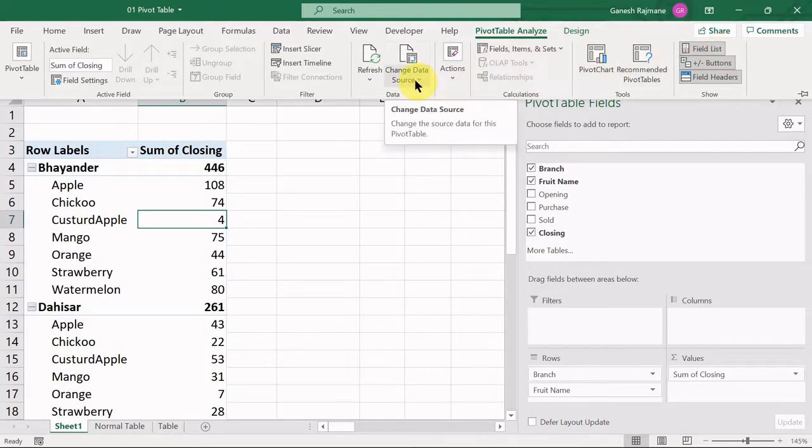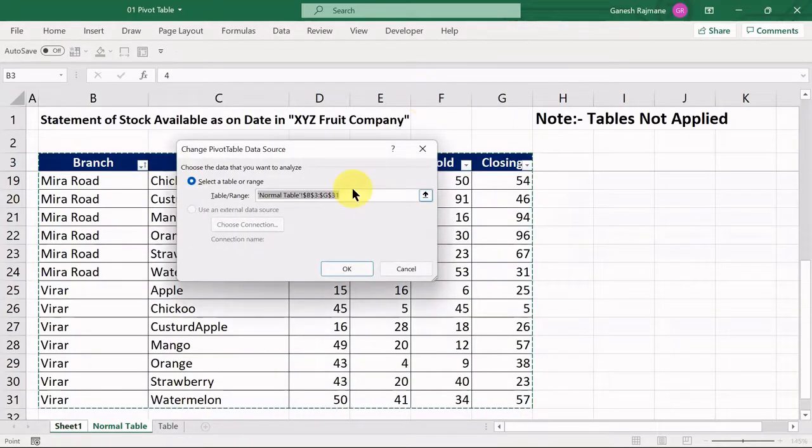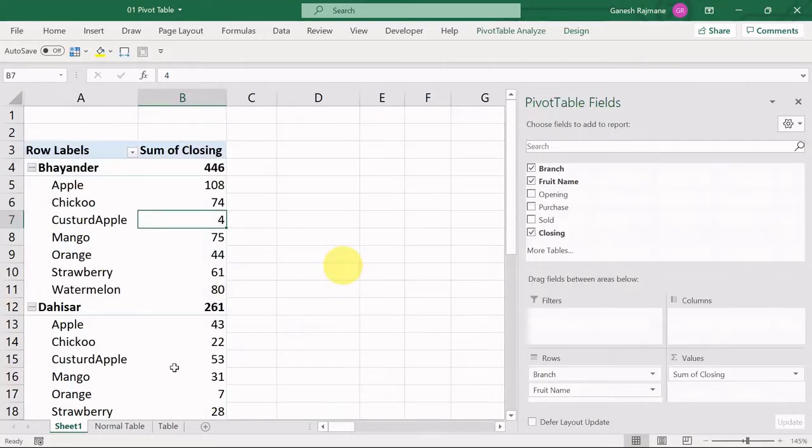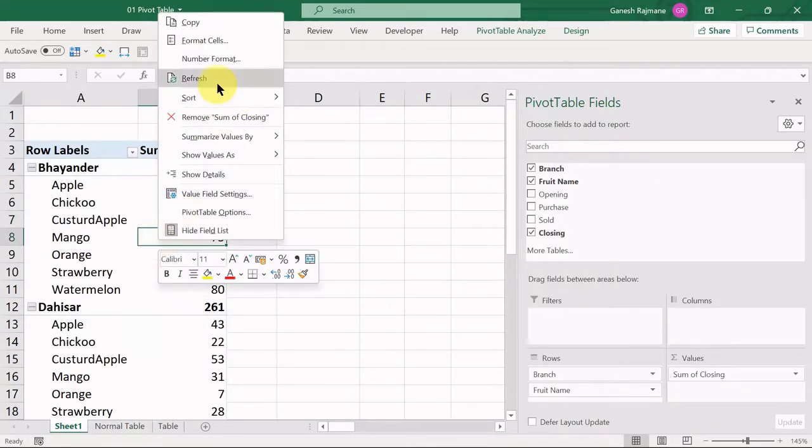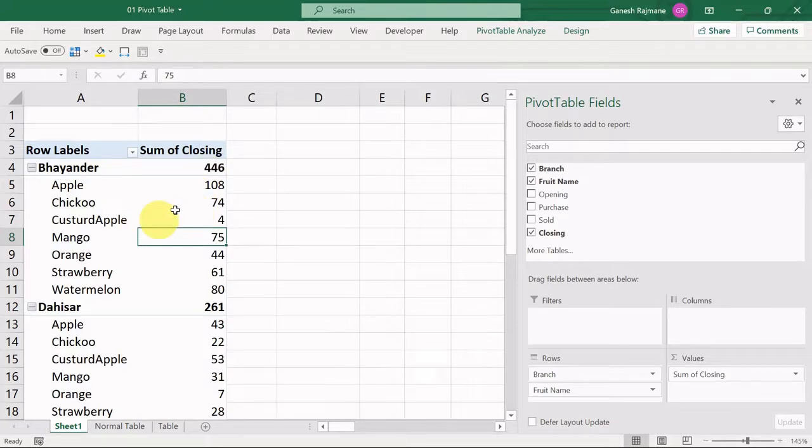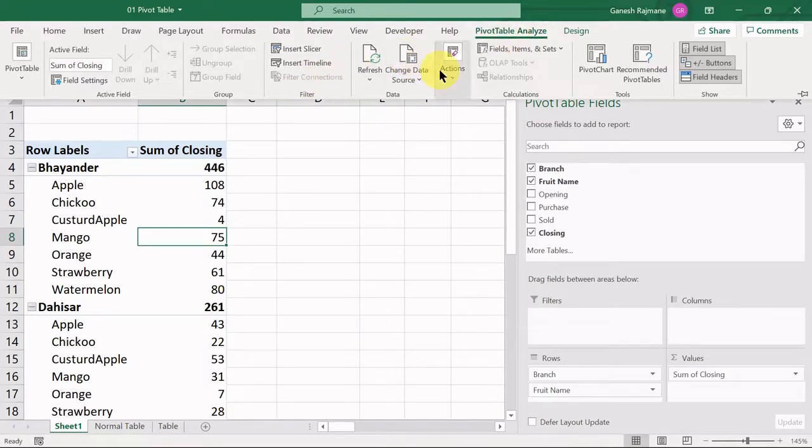Also we can change the source data. If I want to change the source data, we need to simply select this and press here, and it will give an option to select the source data once again. And when we press OK, then we need to refresh it to update the data. Now it has been updated. Okay. So there are multiple options available. We can try these options and we will understand what action is to be done or what the changes are.